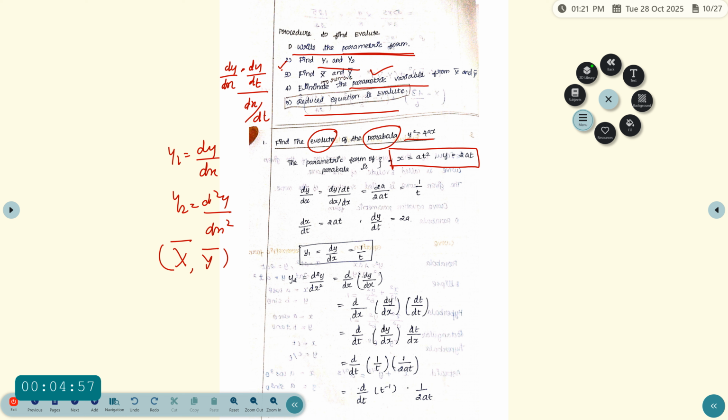Why? Because here we have the third parameter t. That's why we are not able to directly differentiate. If it is a Cartesian form curve, then